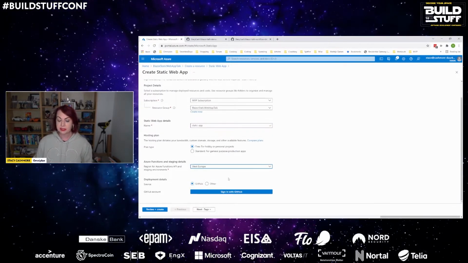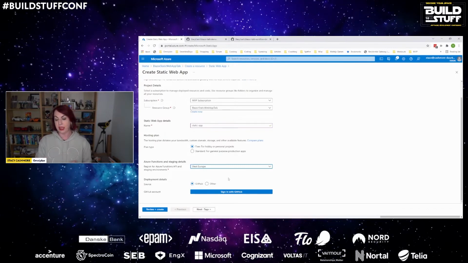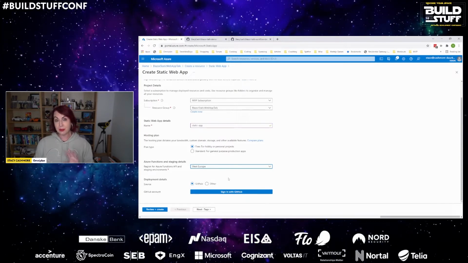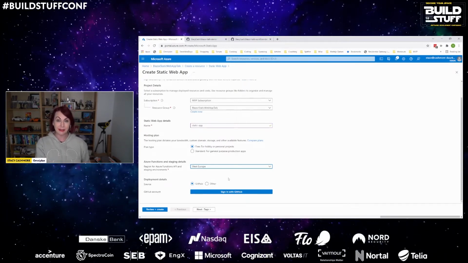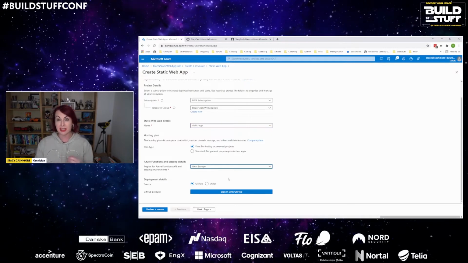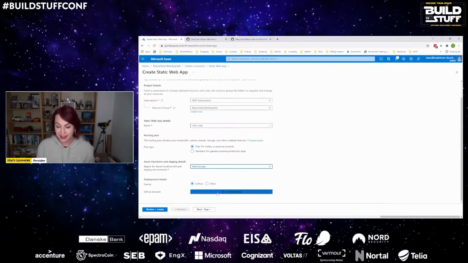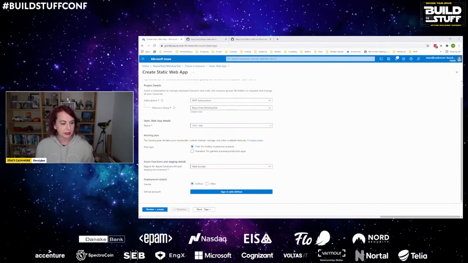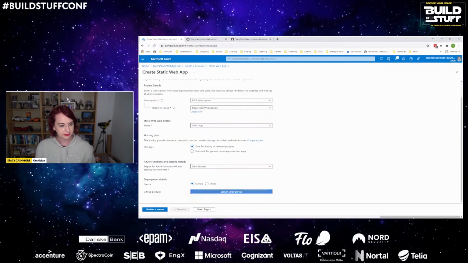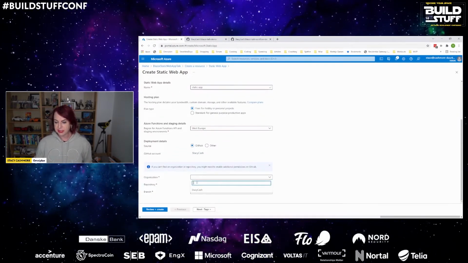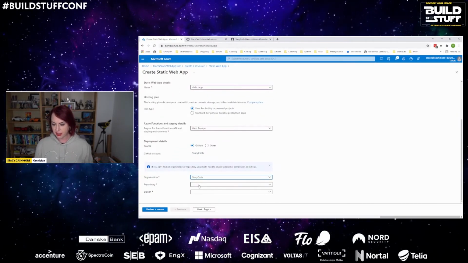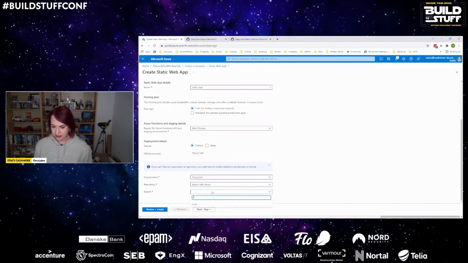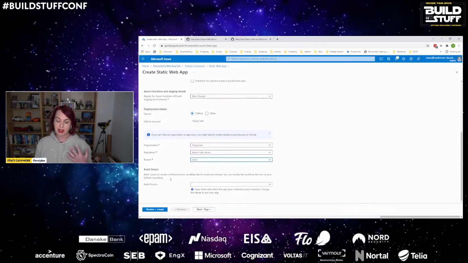And then we need to say where we are deploying our application from. Now, you can deploy from anywhere you like, but if you deploy from GitHub, you get a CI/CD flow out of the box, which again, for a hobby project is awesome because it means it's one less thing that I have to do. So let's sign into GitHub on a second screen so I don't dox myself. Now that I'm logged in, I can pick my organization. I can go to my repo, Blazor Talk demo, and I want to deploy the main branch.